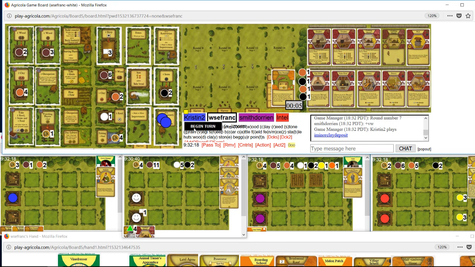Do I start player here? If Smith's Dorian stable blocks, then my start player is sad. I'm pretty sure Intel does major minor then grows. Yeah, so if I'm not going to do a build room with this action, then I'm taking 6 wood. Like, I'll just keep accumulating big resource piles and be very happy doing it. Going last is a little sad, but